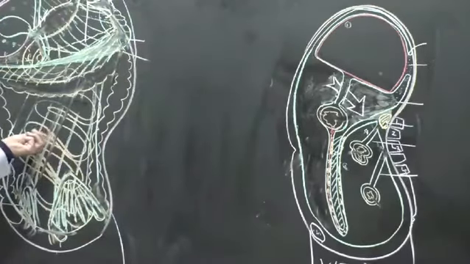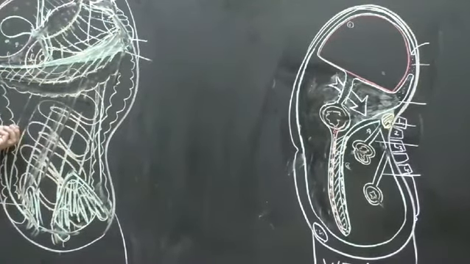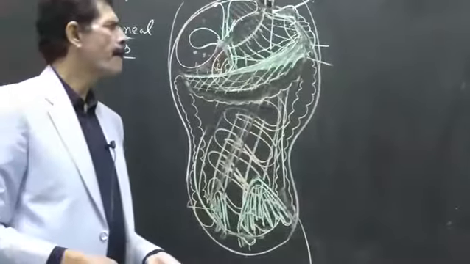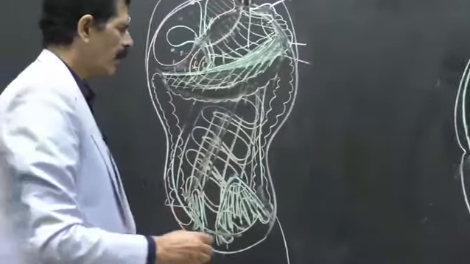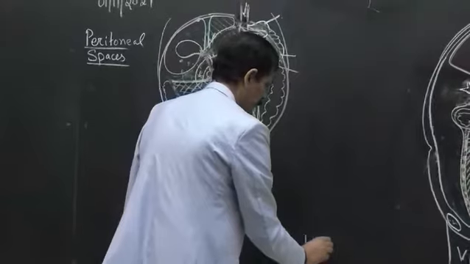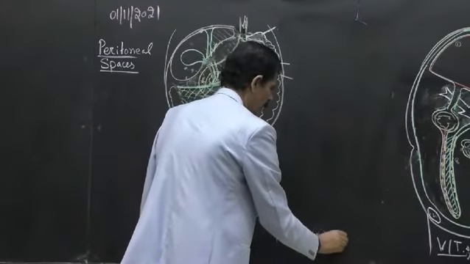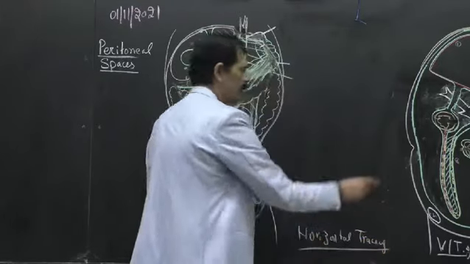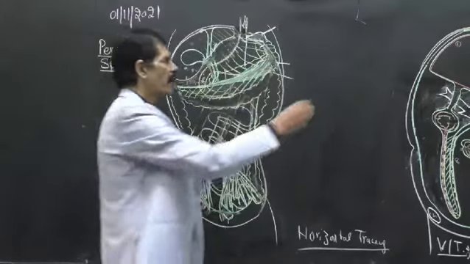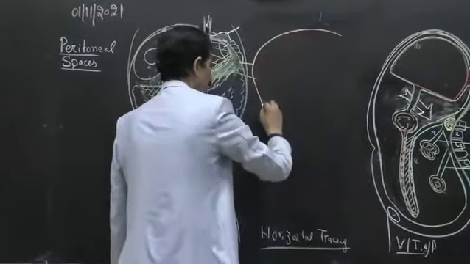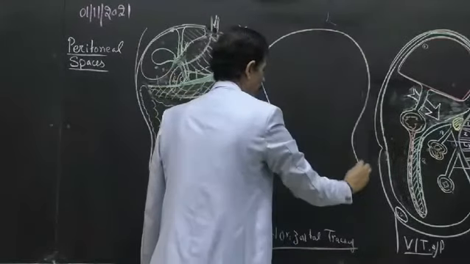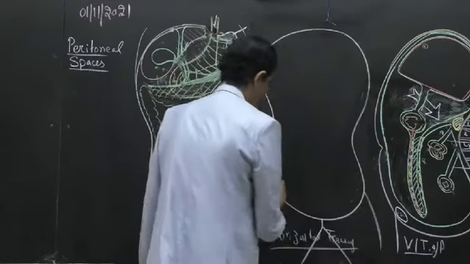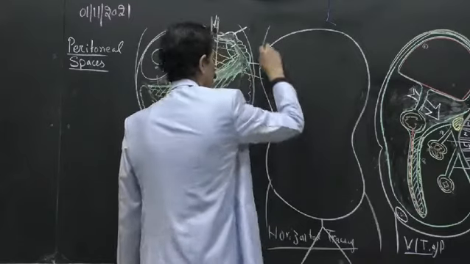And another, you have to understand the anterior-posterior view of this. In order to understand the peritoneal spaces, another diagram which is very important is the horizontal tracing of the peritoneum. Horizontal tracing is a bit difficult to draw and understand, whereas vertical is an easier way. So again we have to make the same diagram, that is the figure of 8. Abdominal cavity with subpubic angle, the lower limb, level of umbilicus.